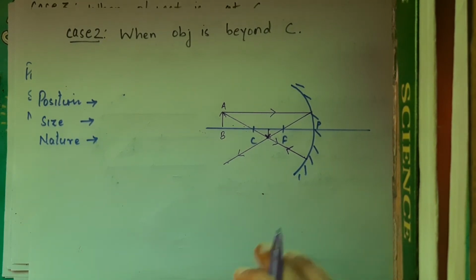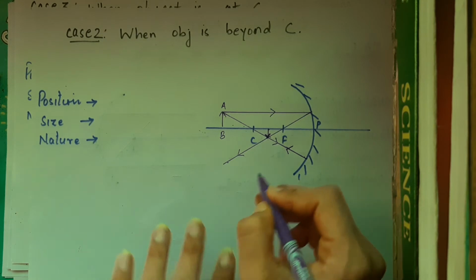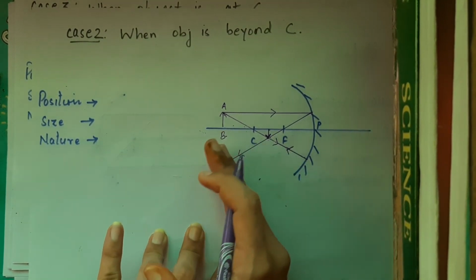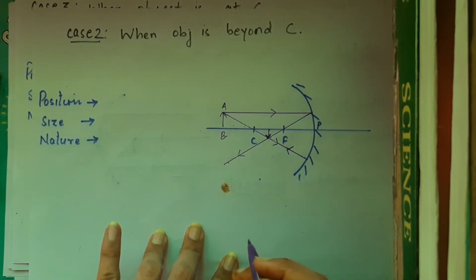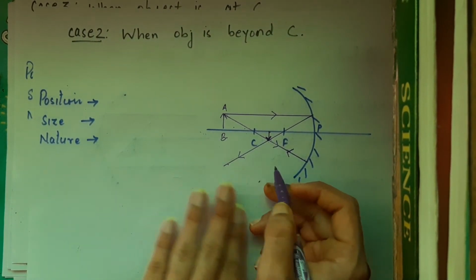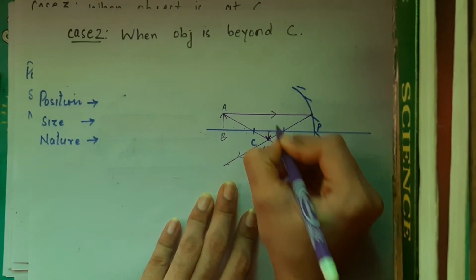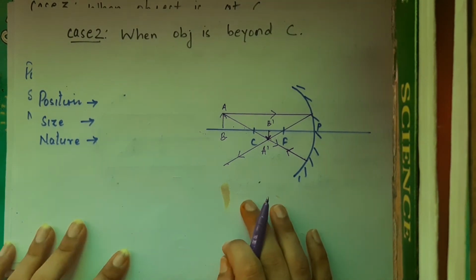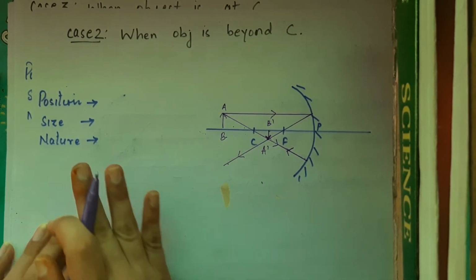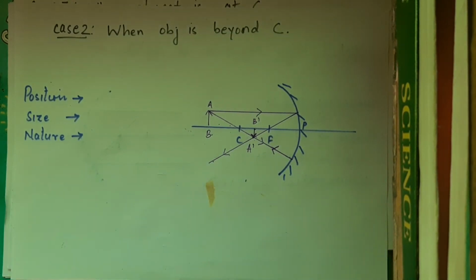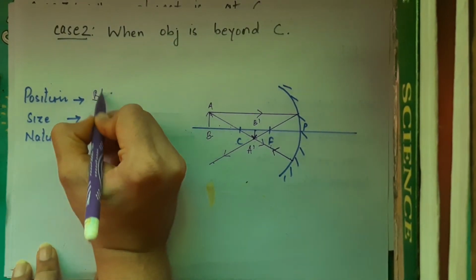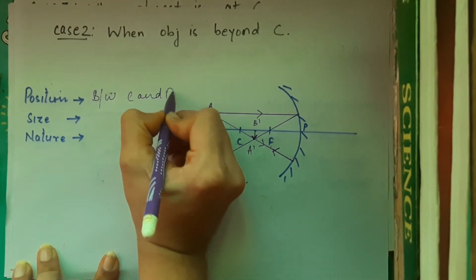Now, after doing this, what you need to do, you have to mark the image, right? So let's mark the image. So that would be AB is the object and image is formed, basically image आपकी object की ही है. So let's do that. So I'll make it as A prime and B prime. So the name of the image is A prime, B prime. So after this, let's write the position, size and nature of the image. So you can see that the position of the image clearly is between C and F. The image is formed between C and F. So I'll write here between C and F.